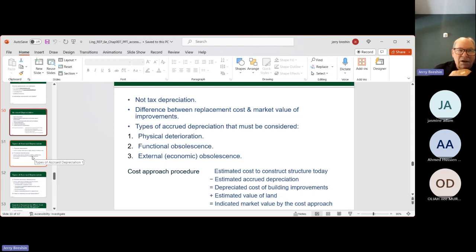Physical deterioration, functional obsolescence. Houses depreciate for different reasons. Let me just go through this quickly. Physical deterioration means that a house that's 30 or 40 years old is going to show a lot of wear and tear. Functional obsolescence means that the house is not up to the standards of today. The way they were built 30 or 40 years ago is not the way houses are built today, so some aspects of the house may be simply functionally obsolete. They don't do that today.